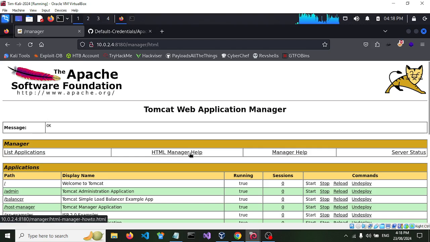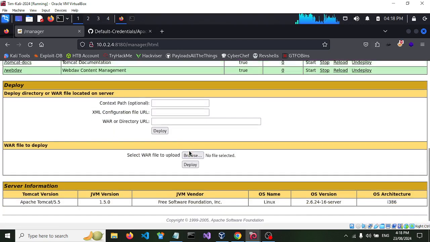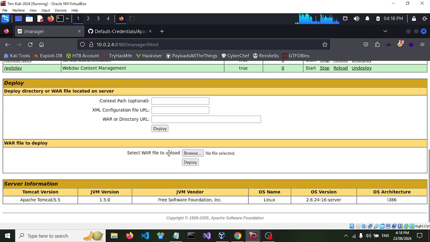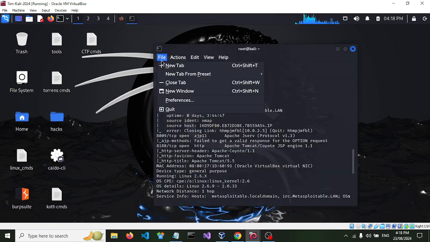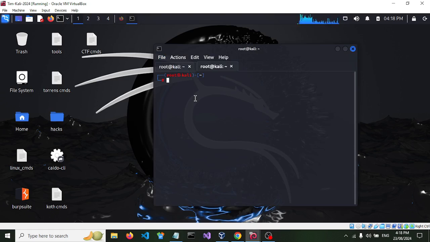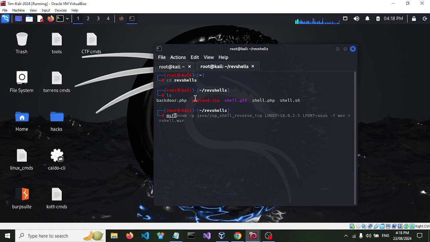Okay, so we have a look at this. We can see we've got a way to upload a WAR file here. You can browse to it, so we need to create a WAR file. What we'll do is, in the terminal, open a new tab. We'll go to where I keep my reverse shells. Yep, and we'll say we use msfvenom,